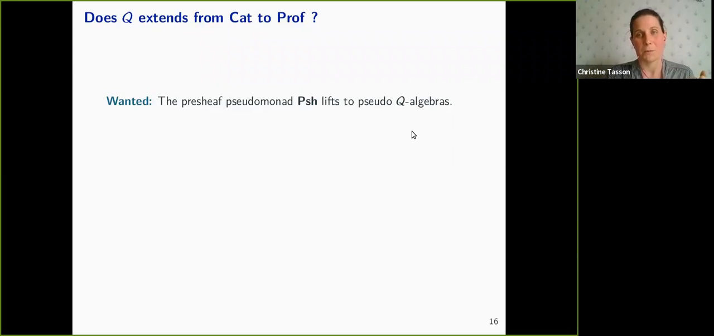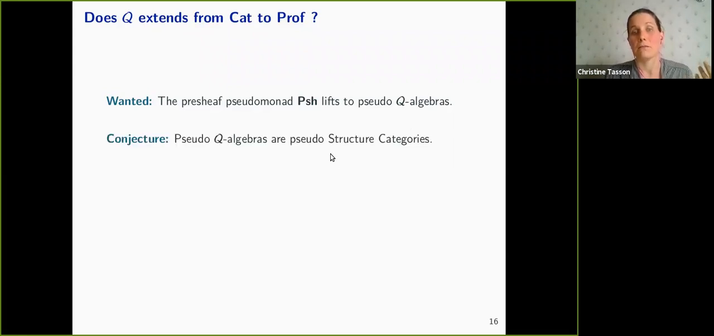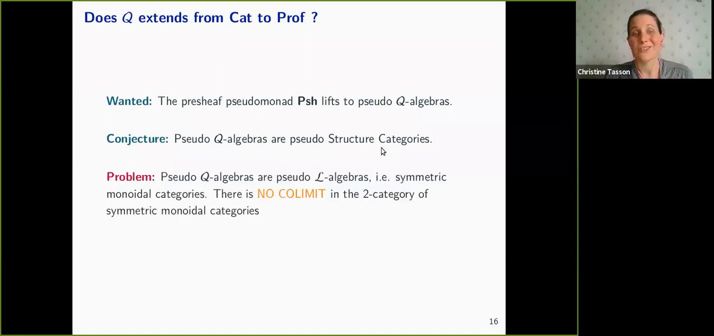a pseudo Q-algebra. But to describe what the pseudo Q-algebras are, I have to give a characterization of them. And what we conjecture is that pseudo Q-algebras are just a pseudo version of the structure category. And the problem is that to prove that Q-algebras were corresponding to structure categories, we were using this universality